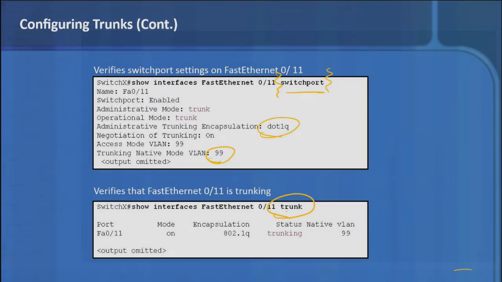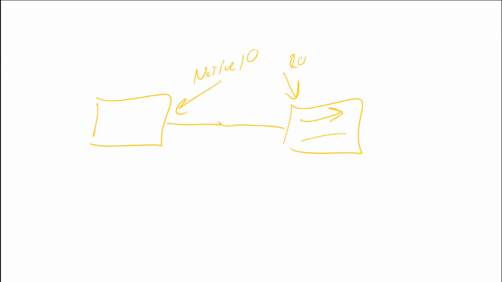You'd have, here's my switch, and I say on this side, native VLAN 10. And on the other side, I say native VLAN 20. If I were to do that between these two switches, it would be pretty crazy, because if this device was supposed to be in VLAN 20, and this device is supposed to be in VLAN 10, and then over here, let's say in 20, I have a DHCP server,